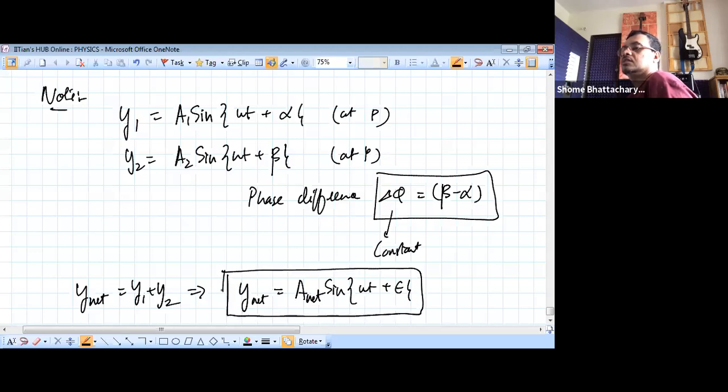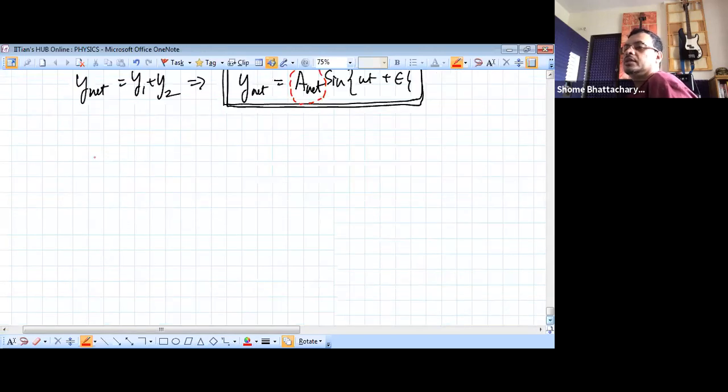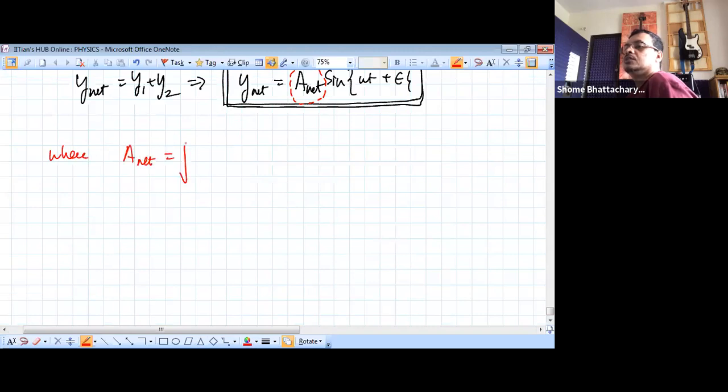So in this, the most important thing is to be able to relate this term with respect to A1, A2 and the phase difference. And that relationship is the one we were just talking about: the net amplitude is the root of E1 square plus E2 square plus 2 E1 E2 cos delta. Okay. So the easy way to remember this is